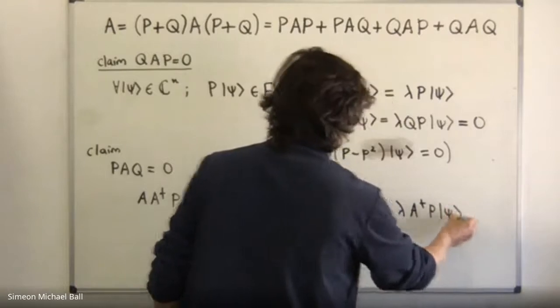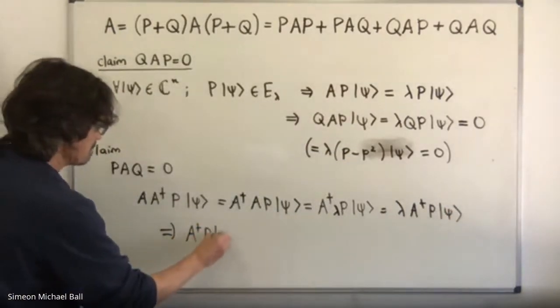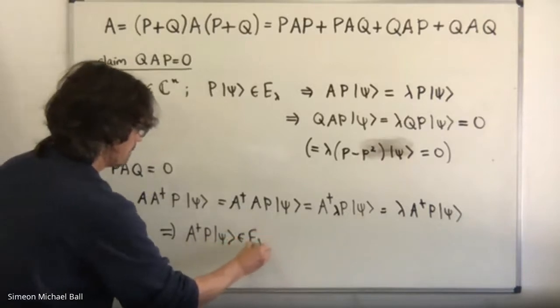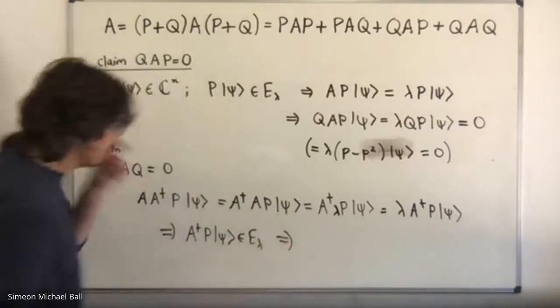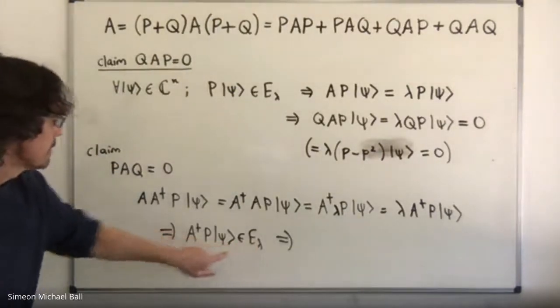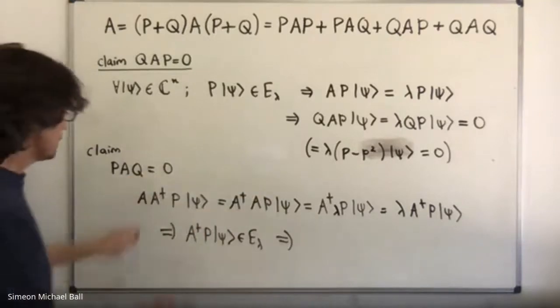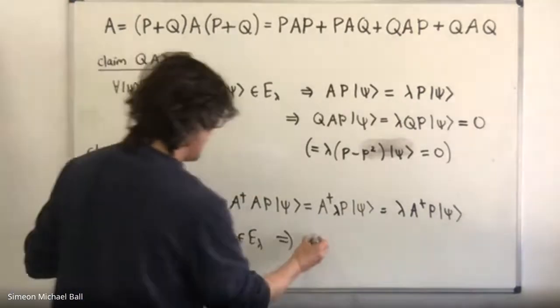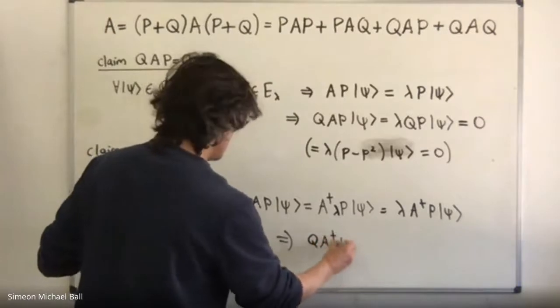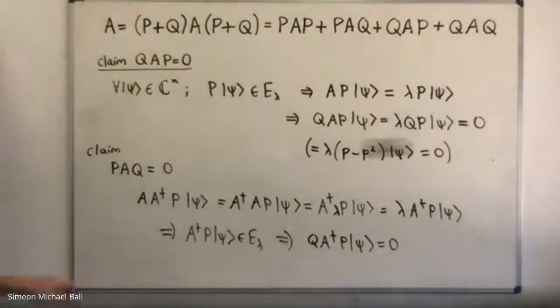Okay, so this implies that this vector is in the eigenspace of eigenvalue 1. Okay, because A times this is equal to lambda times this bit. And now when we apply the Q, this is then 0, which means that by